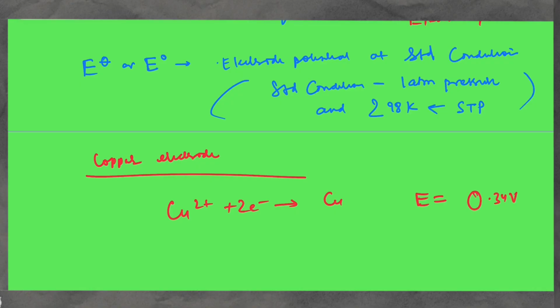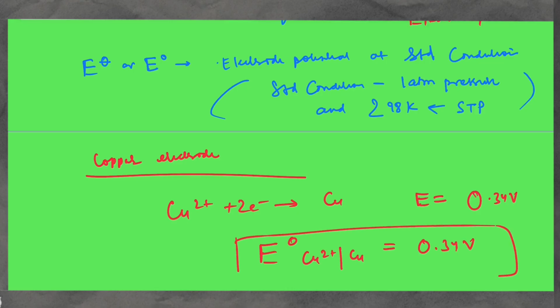So we will write E naught as copper 2 plus changes to copper, because we have understood that it has to be written in reduction format. That's why I'm writing copper 2 plus changes to copper, and its E naught value is 0.34 volt. So this is our concept. Instead of using oxidation potential, we are using reduction format. We are writing the reaction in reduction format,